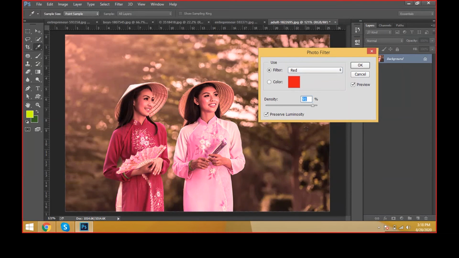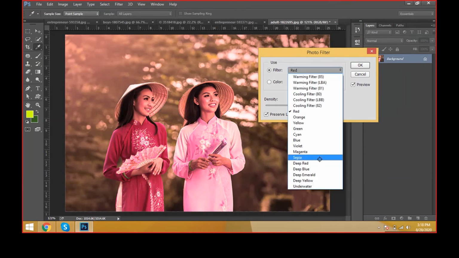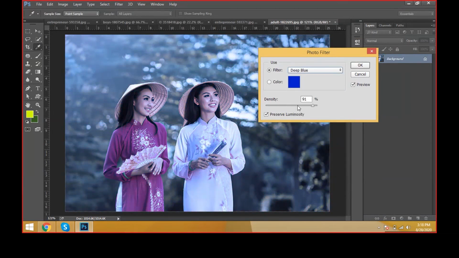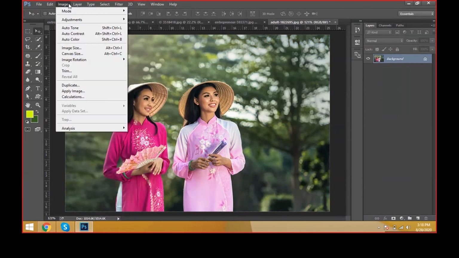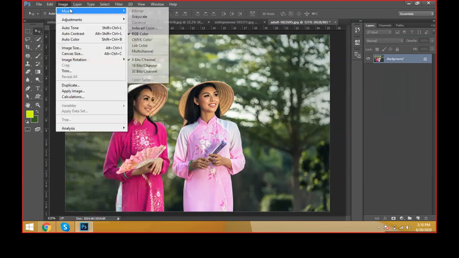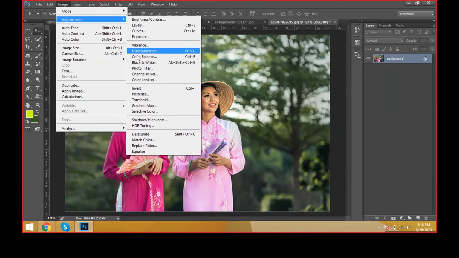Like this, we can increase the red tones. This is only the filters of the modes. This is one type of filter. We use this type of option only for a particular requirement. Then we can see it on the time only.